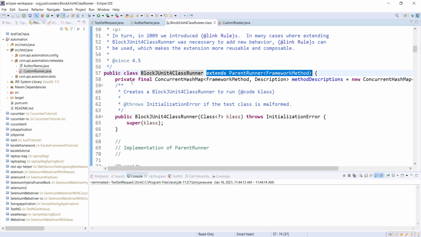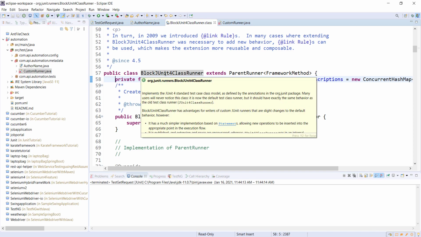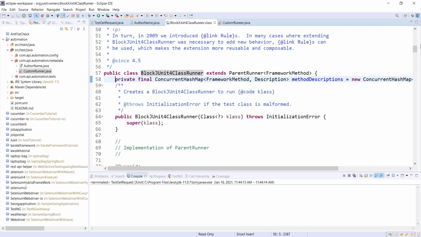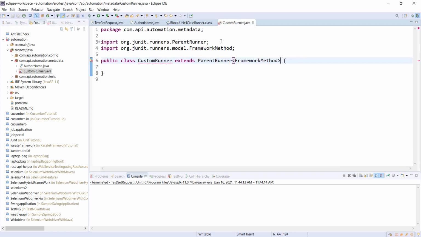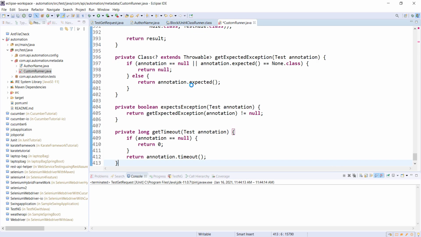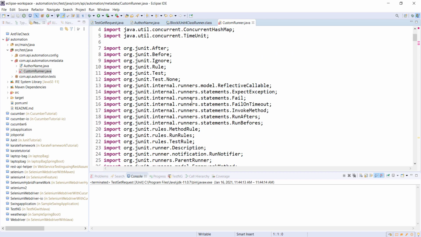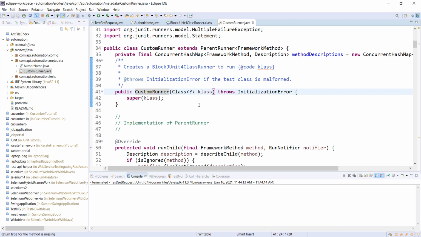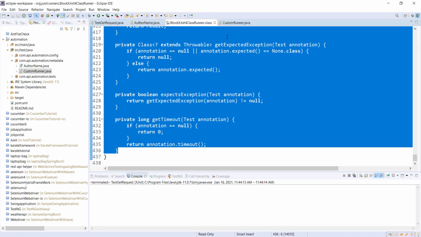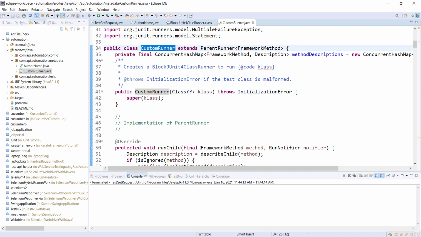Then I'm going to copy the entire piece of code from the class BlockJUnit4ClassRunner to our custom class. So when I'm running my JUnit test, instead of using this particular class for the test execution, I will use our custom runner.